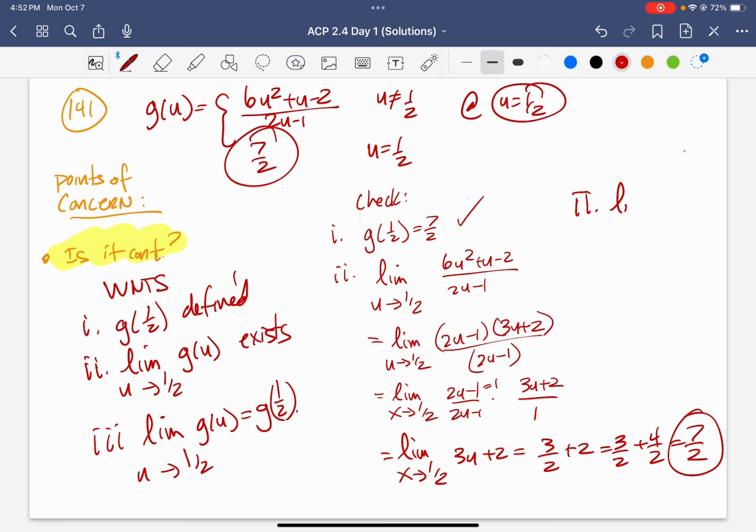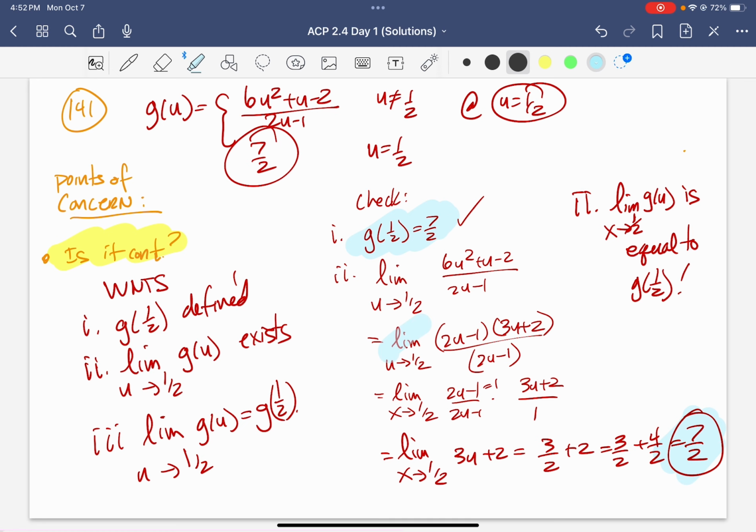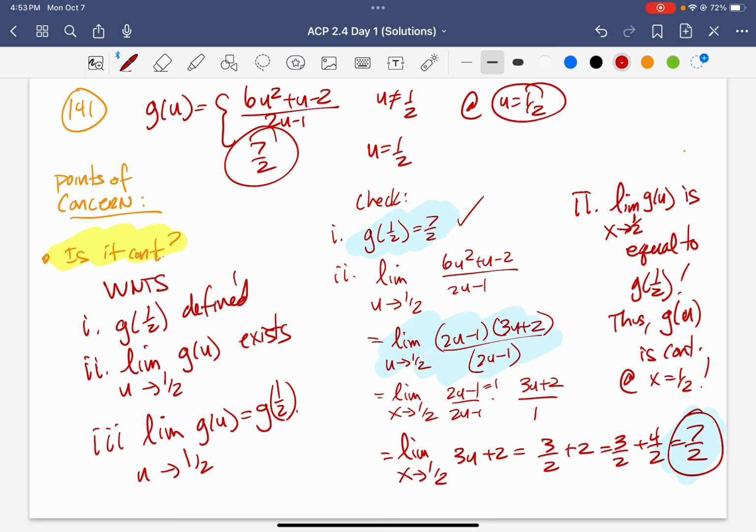Notice that the limit as x goes to 1/2 of g(u) is equal to g of 1/2, because we just showed it, right? We just showed that this is equal to this limit. Thus, g of u is continuous at x is equal to 1/2. Yay! Okay, then